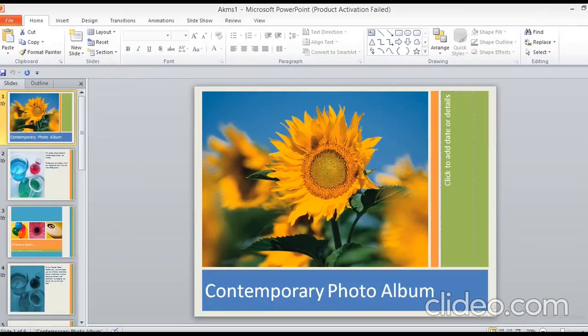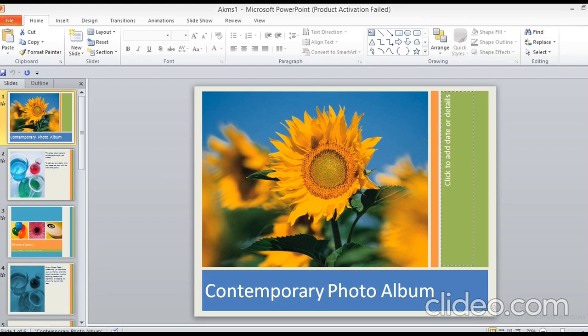install themes. First, what is a theme? A theme is a setting with a predefined combination of color, fonts, and effects that can be applied to a presentation. A theme is basically a predefined combination of color, fonts, and effects that can be directly applied to a presentation.